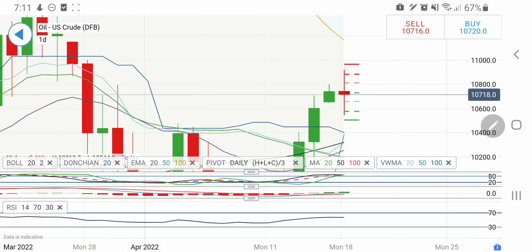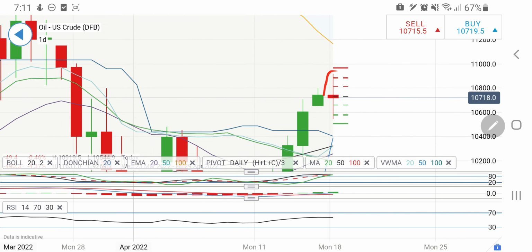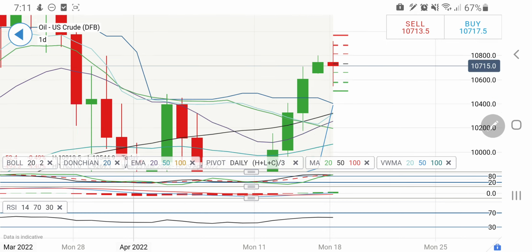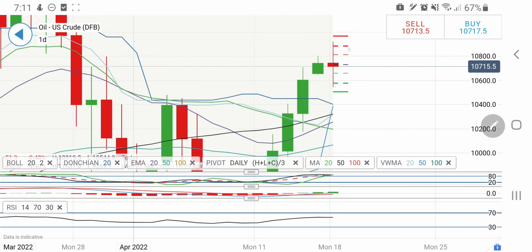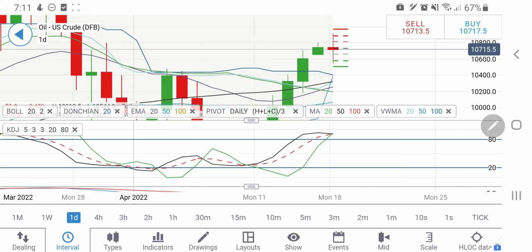Now let's have a look at crude oil. See crude's daily candle. You can see this is yesterday's candle continuing, yet the fresh candle has to start. It has seen a high of 109.2 and a low of 105.5, and now trading again at 107, reflecting still indecision, neither the bulls nor the bears in control here. So from here the next candle may start, and if you see it trading below 106.5, you can go short again below 106.5, where you can expect 105.5, and then it may try to drop a little.